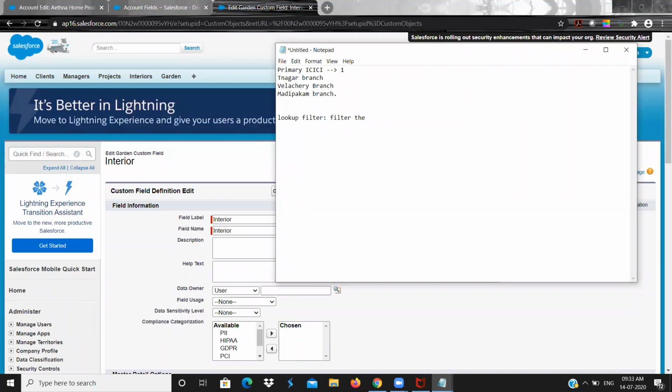Filter the parent records to select in the lookup based on criteria. Okay,